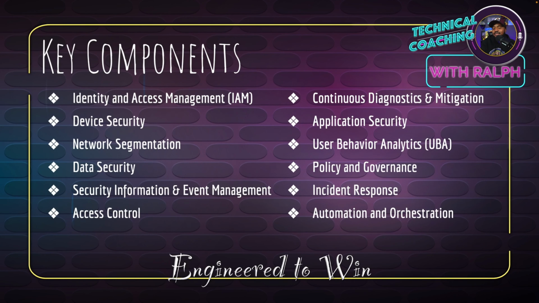So identity and access management, we have a very good and long video about that, but a quick recap. Identity and access management, authentication side of it, ensure strong user authentication, including multi-factor authentication, MFA, to verify user identities. Authorization side is implement role-based access control, RBAC, and attribute-based access control, ABAC, to enforce least privilege access. Right. So we've covered this extensively.